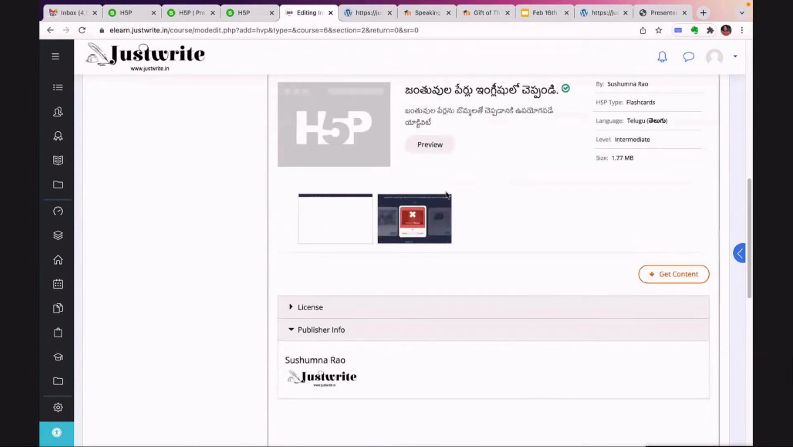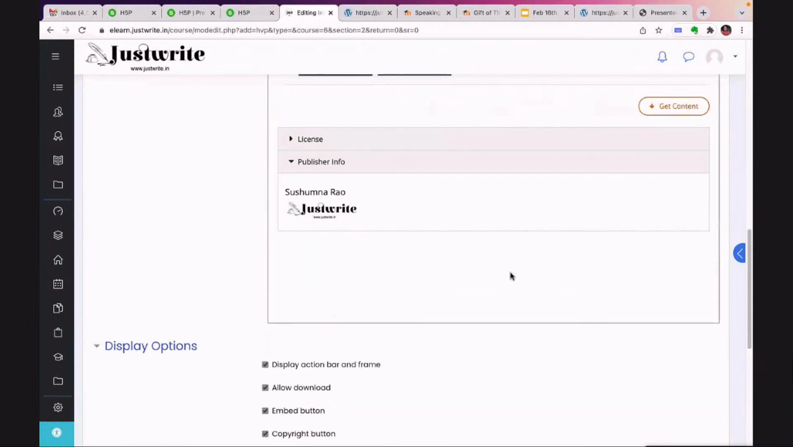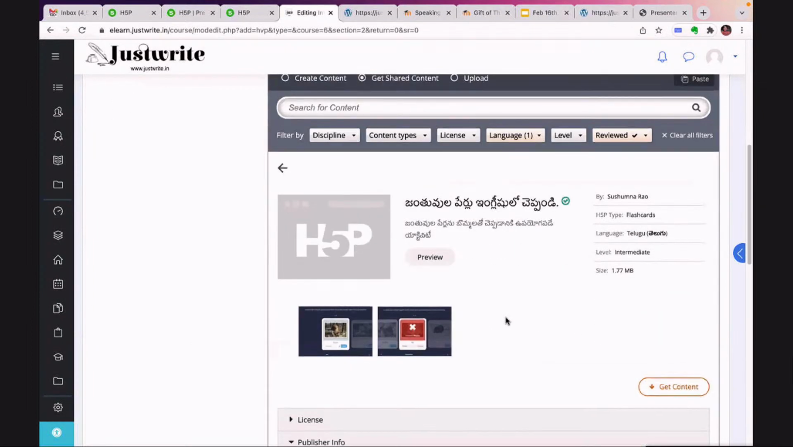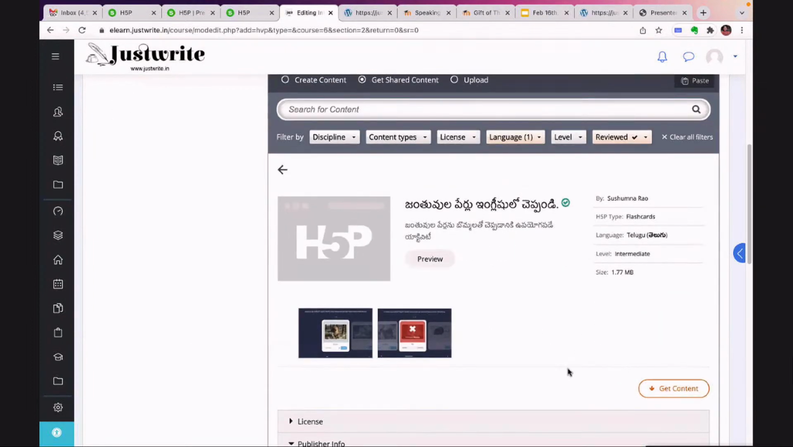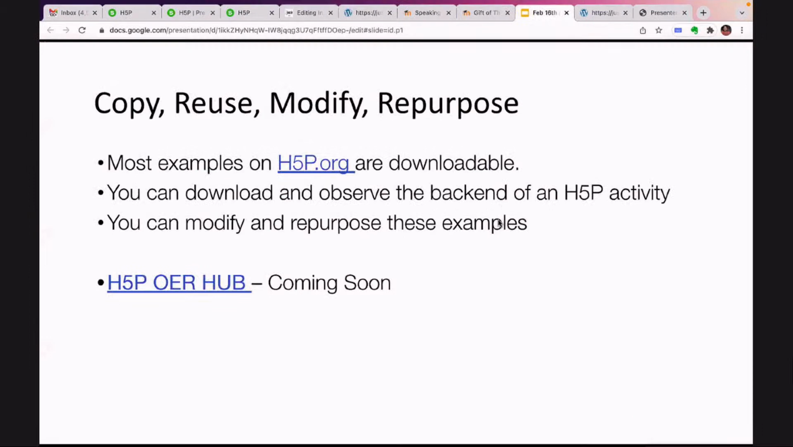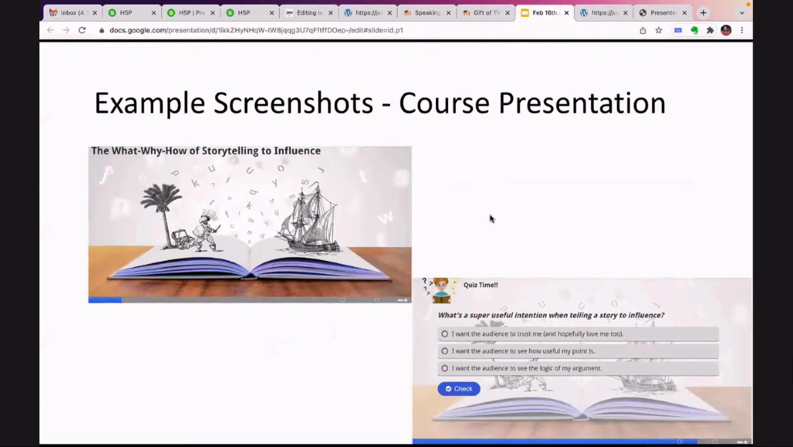For example, this is the content that I want to use. Then they will give you the license, and you can preview them if you want to use it. If you want to get connected, you can just simply get connected and utilize. See, this way it reduces the redundancy, right? There are people around the world utilizing H5P, and there won't be any duplication of the content